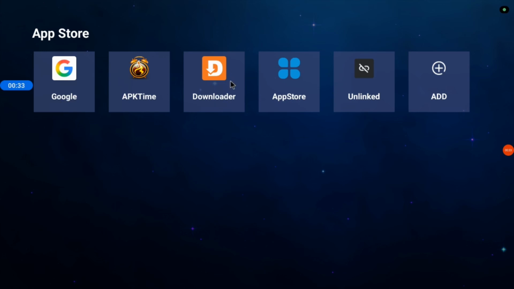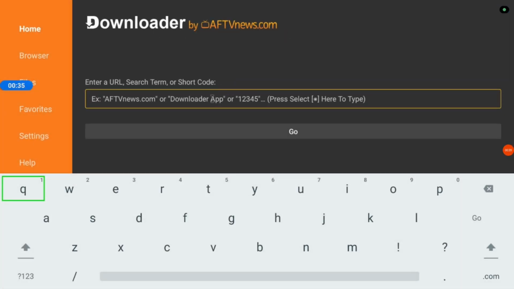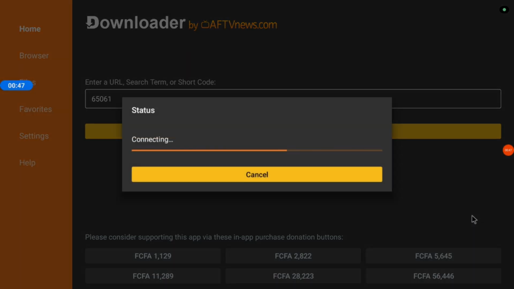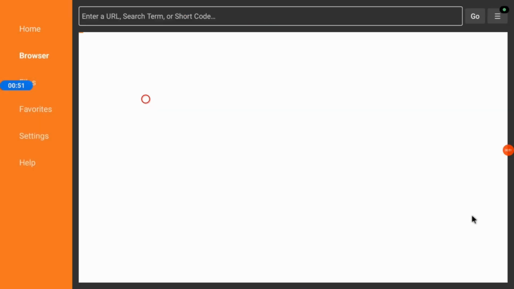So after getting it downloaded, just go ahead and launch it, and this is how it's going to look if you are using it for your very first time. So once you're here, please type in this code: 65061. Type in the code and go ahead and launch. Once you launch the code, it is going to redirect you to a page where you get the application